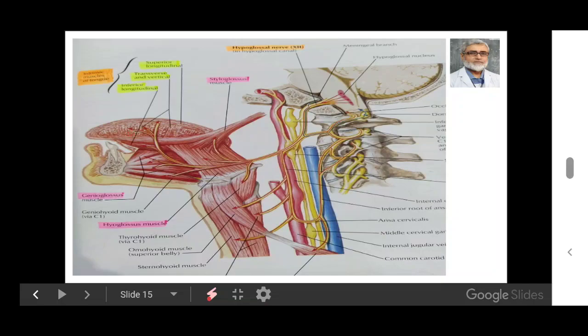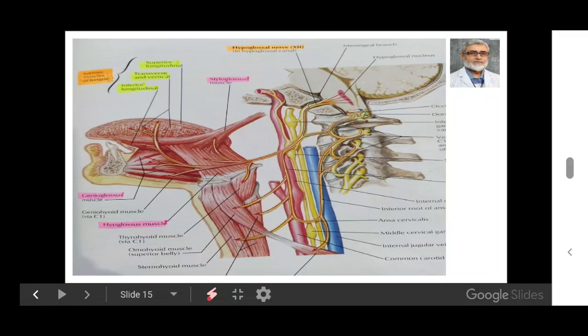Regarding the superior longitudinal muscle, it shortens the tongue and makes the dorsum concave. Inferior longitudinal shortens the tongue and makes the dorsum convex. With contraction of the transverse muscles, they narrow and elongate the tongue, while the vertical group of intrinsic muscles, with contraction, broadens and flattens the tongue.